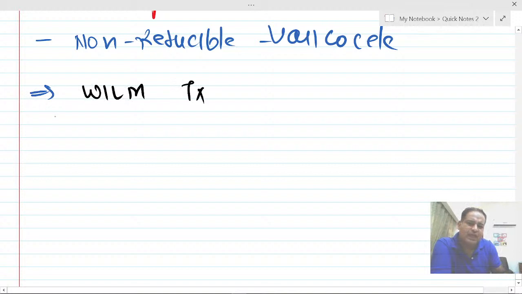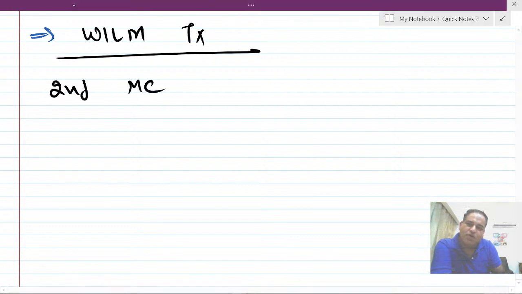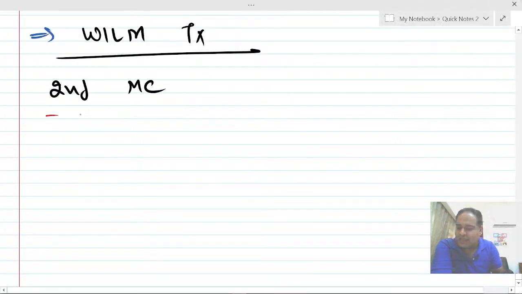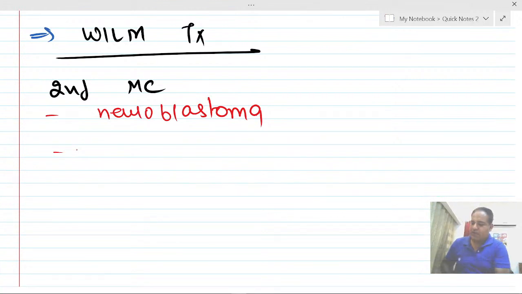The last thing there is Wilms tumor. So today also we'll keep it short, and I'm about to finish the class in around 4-5 minutes from now. Fine. So this is considered the second most common intra-abdominal malignancy in children. The most common intra-abdominal malignancy in children is neuroblastoma. You see, the most common malignancy otherwise is considered to be acute lymphoblastic leukemia.